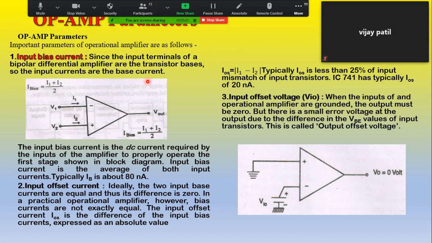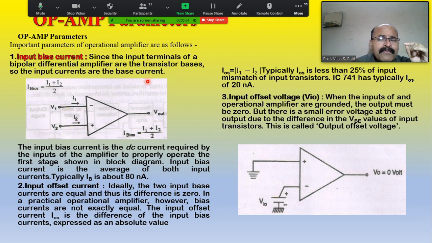Here in the case of the operational amplifier, we are using the base supply, and at the bases of the two transistors the voltages V1 and V2 are applied. They may be known as a non-inverting voltage and an inverting voltage, and due to that, the base currents start flowing. In this diagram, the base currents are shown by the letters I1 and I2. Consider that this is the diagram. V1 is the non-inverting voltage, V2 is the inverting voltage, sorry, against that,